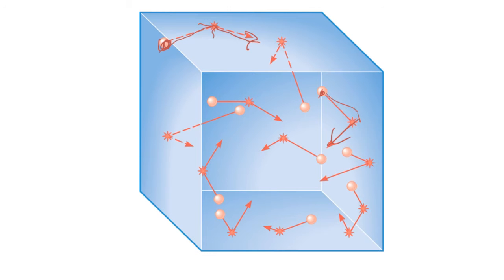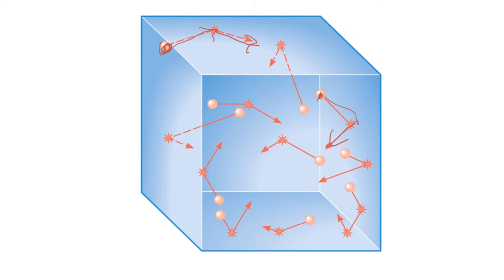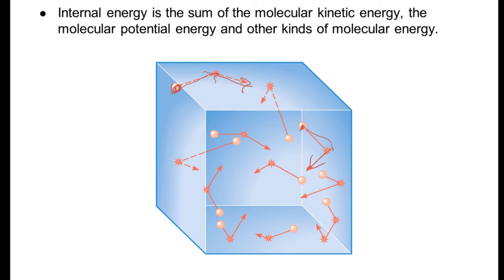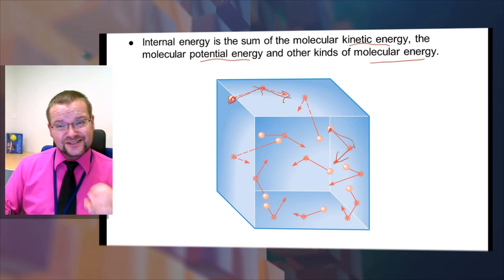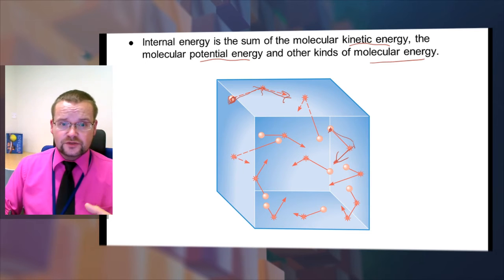So we're talking about molecular kinetic energy, and we also talk about molecular potential energy. There are other kinds of molecular energy that we're not going to get into in detail. Essentially, when we heat an object, we excite the molecules, and the molecules gain more kinetic and potential energy